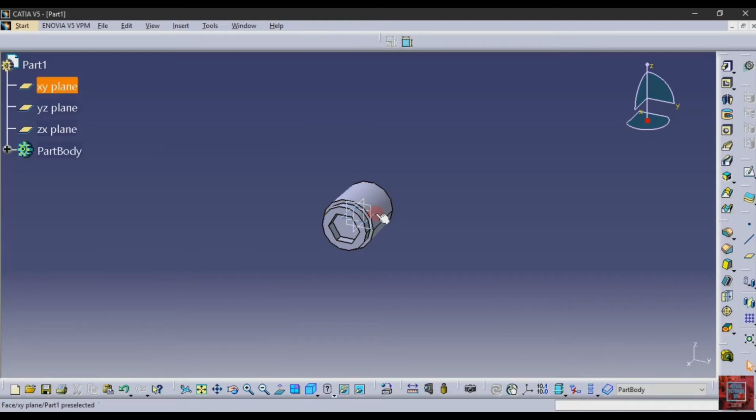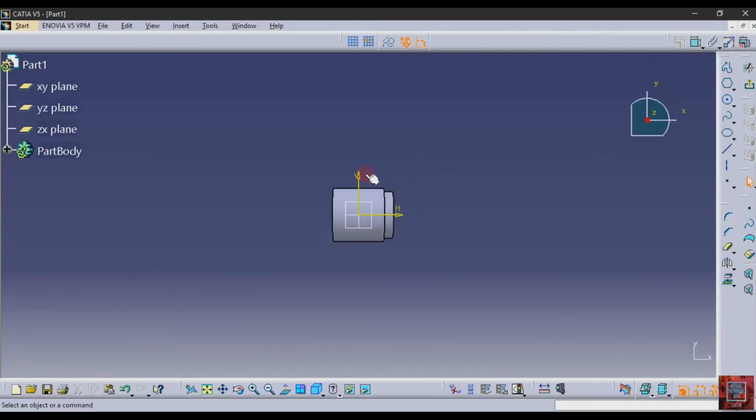After that select this plane, sketch, then select these edges and project them, and make them into construction lines. And after that select a circle, make a circle on the vertical axis.